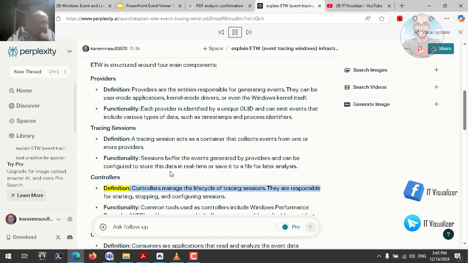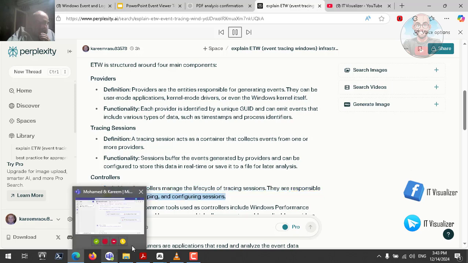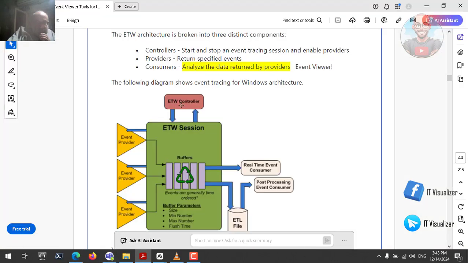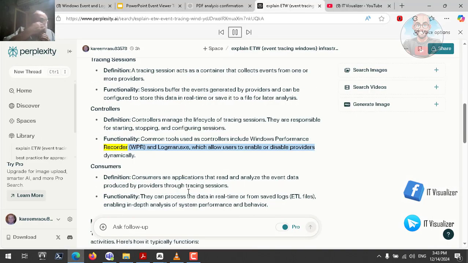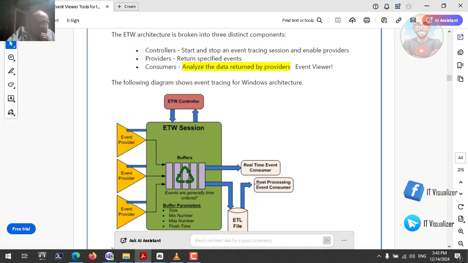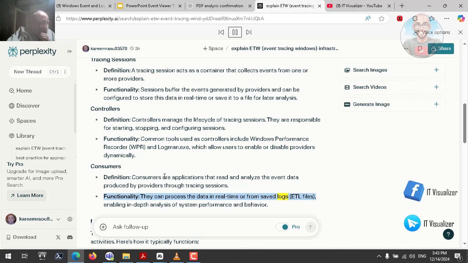Controllers. Definition. Controllers manage the life cycle of tracing sessions. They are responsible for starting, stopping, and configuring sessions. Functionality. Common tools used as controllers include Windows Performance Recorder, WPR, and Logman.exe, which allow users to enable or disable providers dynamically. Consumers. Definition. Consumers are applications that read and analyze the event data produced by providers through tracing sessions. Functionality. They can process the data in real time or from saved logs, ETL files, enabling in-depth analysis of system